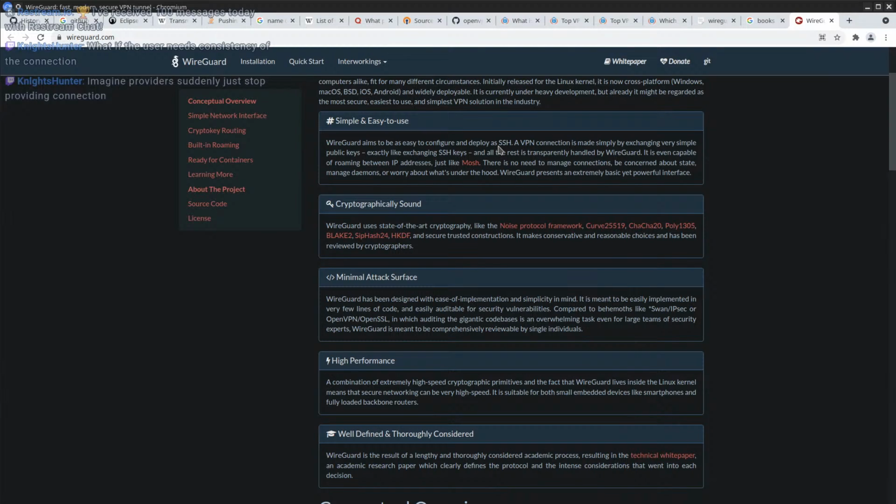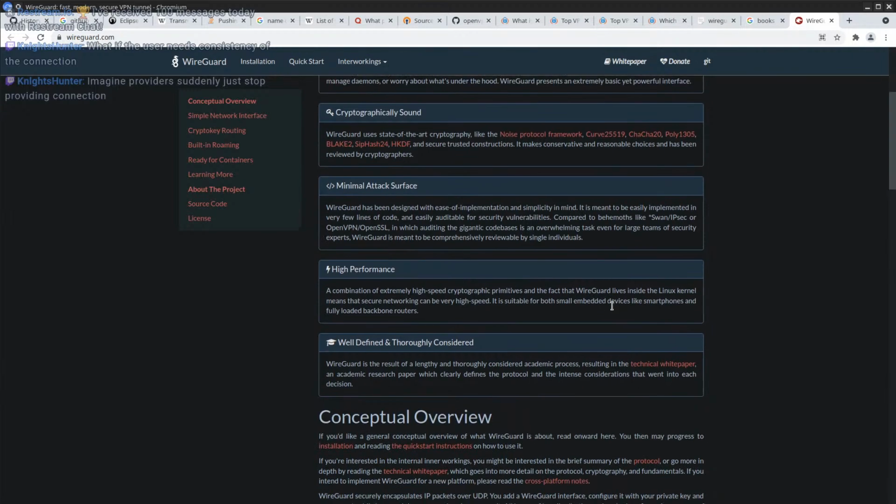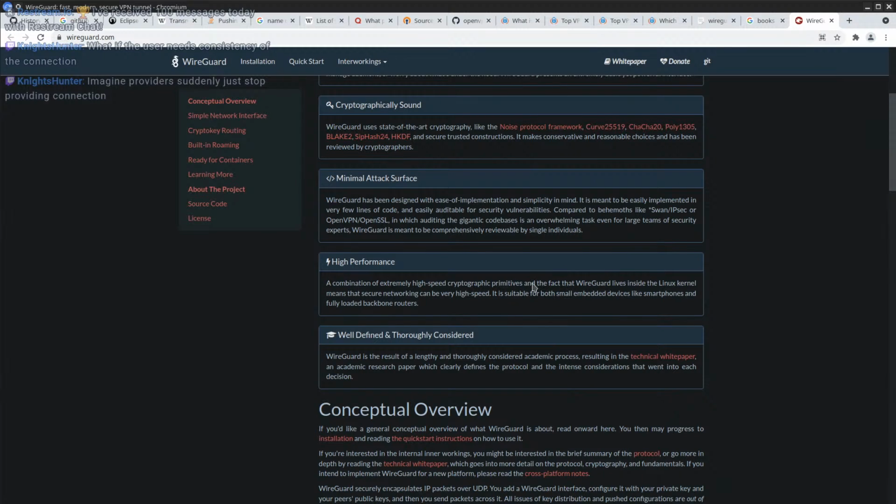So what if the user needs consistency of the connection? Well, we could have different ratings. Let's say if you provide the service, we can track the history of your connection. If your connection is fast, you have capability to accept quite a lot of traffic, and you're consistently on, we can track all of that information about the nodes, and then provide that information to the user so he can pick.